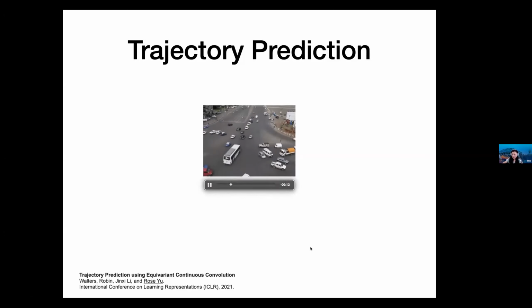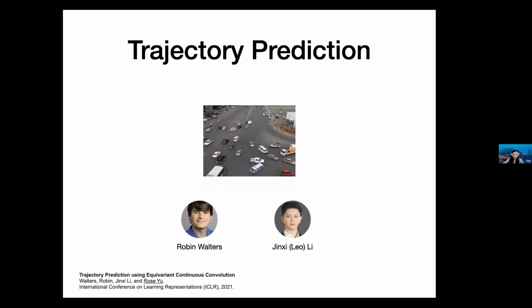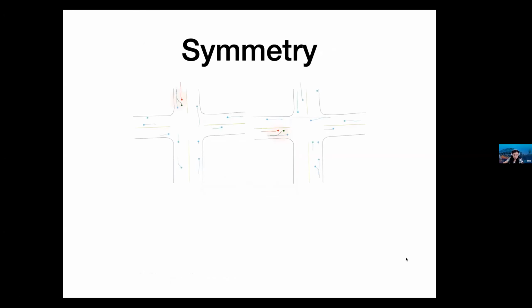And in this paper, we designed an equivariant neural network that is rotation equivariant, but also can take care of this kind of complication in human psychology. This is work done by my postdoc and grad student, Leo. When we look at real world traffic, there are very intricate symmetries built into our human decision making.